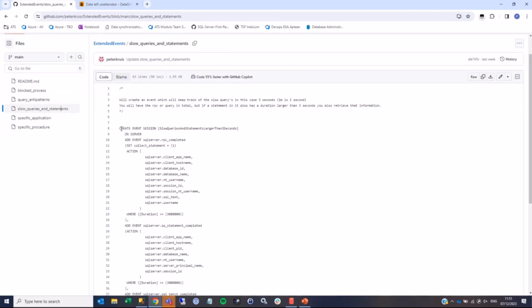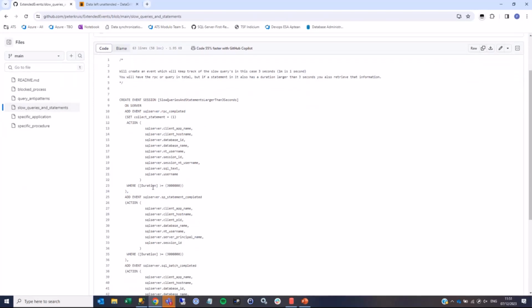Another one, we already created this one while doing the demo. I'm using it a lot: what are queries and/or statements longer than 3 seconds? I do have customers who would like to have this threshold less than 3 seconds. And some, when it's a horrible server at first, I'm starting with the larger ones, but at least it will give you some data. If you are looking for your timeout queries, then don't use this one, include